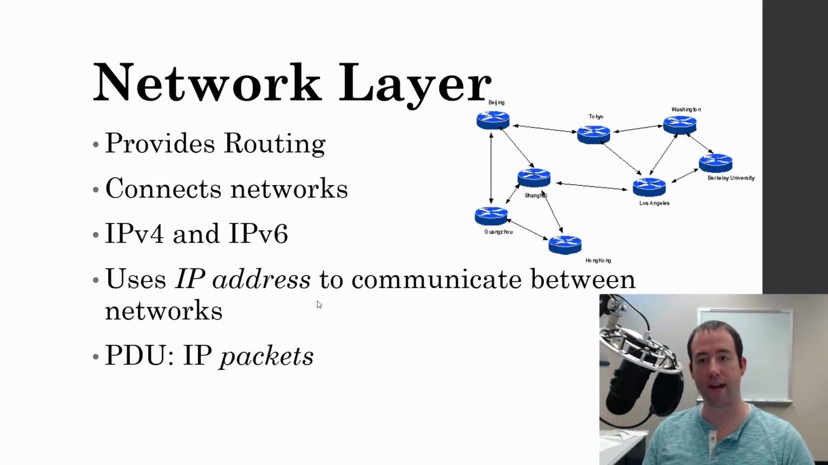Next comes the network layer, and the network layer provides routing. Routing is what makes the internet work, because without routing, you would not be able to connect from one network to another network. You would still be able to have a local network, for example, within a building, within an organization, but without routing, you wouldn't be able to connect from one network to the next, which means there would be no way for you to connect from your computer at home, to the internet, to